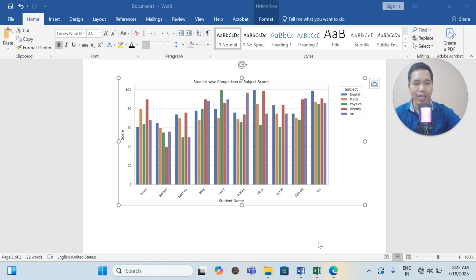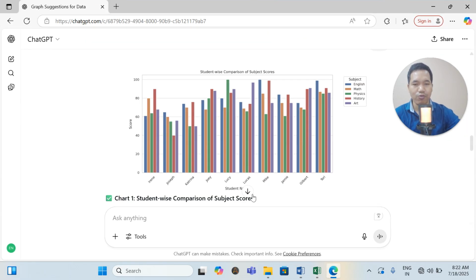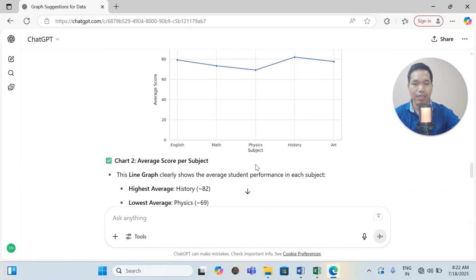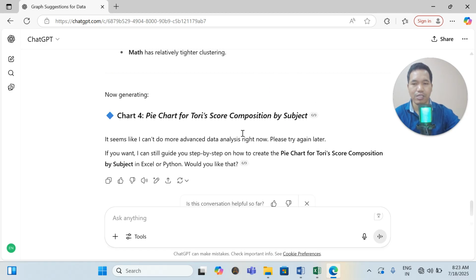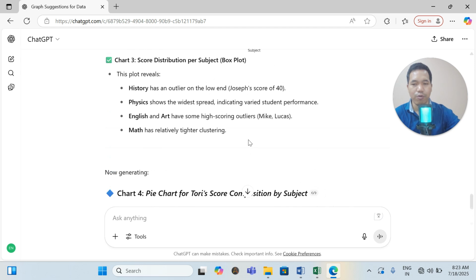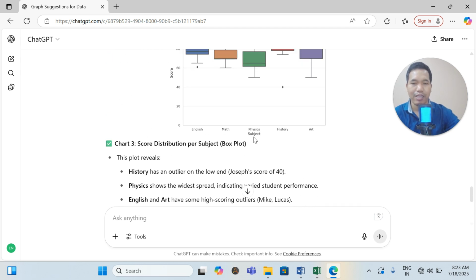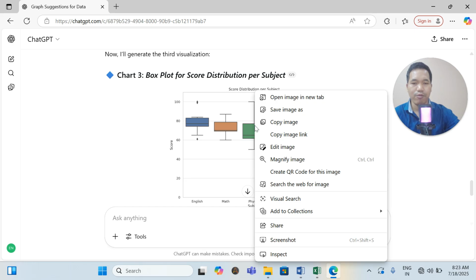Let us go ahead. This is how you can save your important reports and all these things. And if you want to save the line graphs, the box graphs and all these things, the pie chart, yeah, you can generate this. There's no problem. Now you know how to generate. Generating all these things one after the other, you can generate. The box graph is there. You can do the same thing.